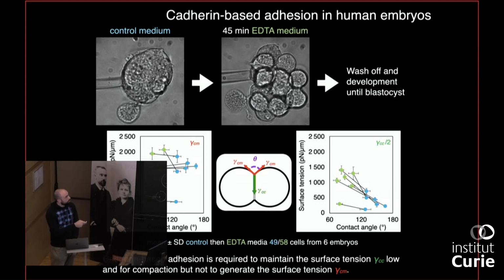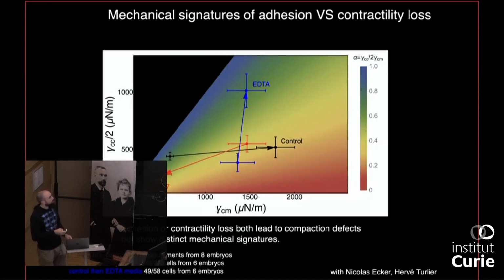The tension gamma CC is increasing. You remove adhesion molecules, the tension is increasing at the cell-cell contact. That's also something which you could expect. But so there is no change in gamma CC during compaction, normally. So this is not what's happening. What we conclude from this is that what drives compaction in the control situation, in black, is this increase in actomyosin contractility, specifically at the cell-cell contact.